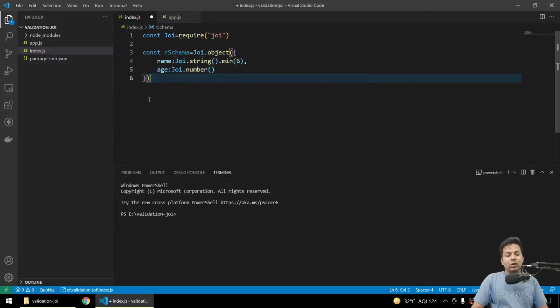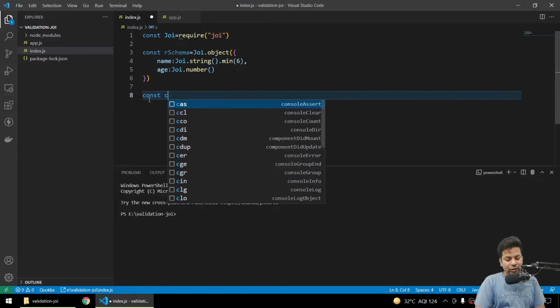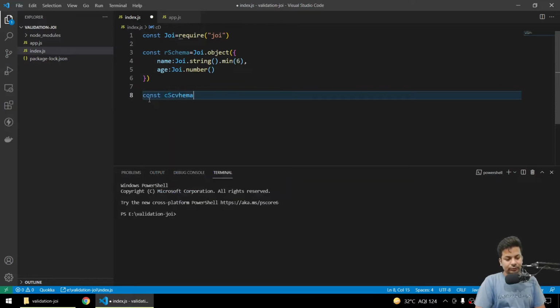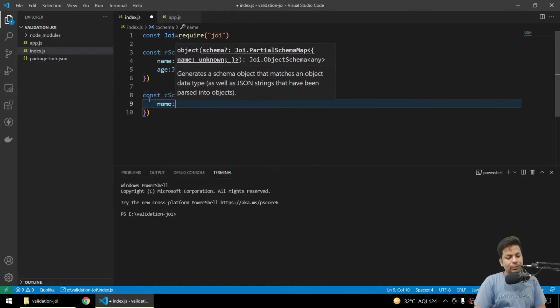Normal. Now you want another schema for a contact form. So contact will have other details, so you say const contactSchema equals Joi.object, and you again say name will always be there.